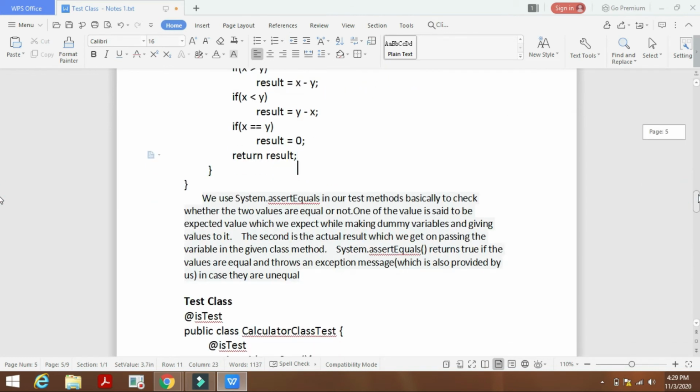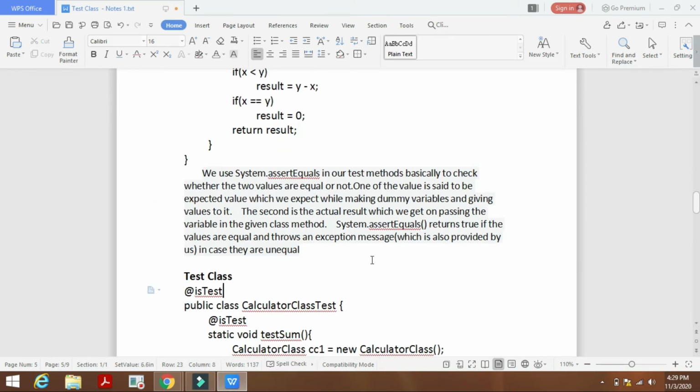Before going to the test class, we have to know about System.assertEquals, which will be used in the test class. What is it used for? It is basically used to check whether two values are equal or not. One value is the expected value, which we expect while making the dummy variables. The second one is the actual result which we get by passing the variable to the given class method.